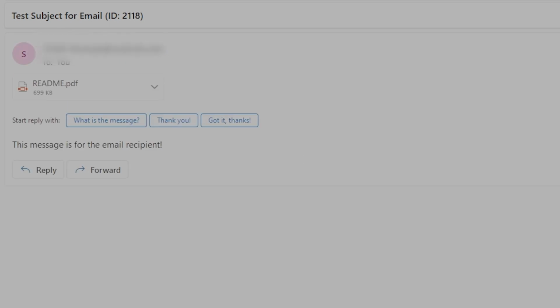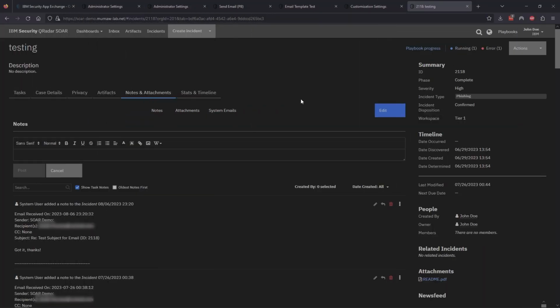And if we actually had an attachment that we wanted to send back, that would get attached directly to the incident. But then in our conversations, it'll also add that the attachment was added there as well. So let's go ahead and take a look at our conversations list and our notes that we should now have on the incident. All right, back here in our notes and attachments section, you can see that the note